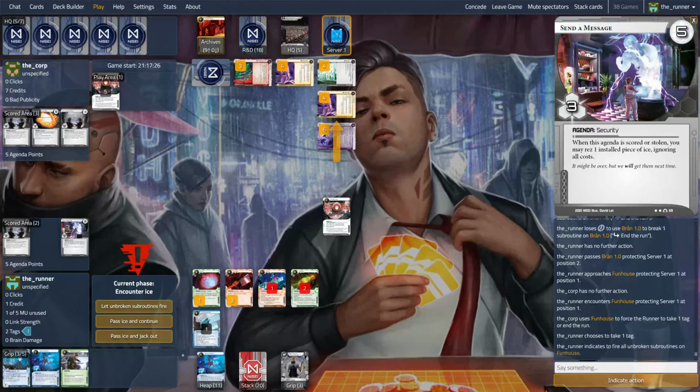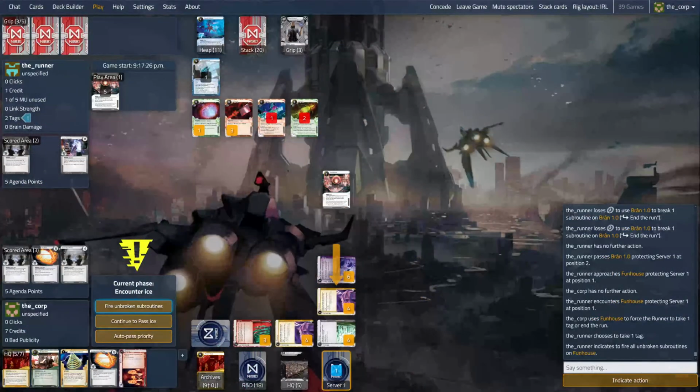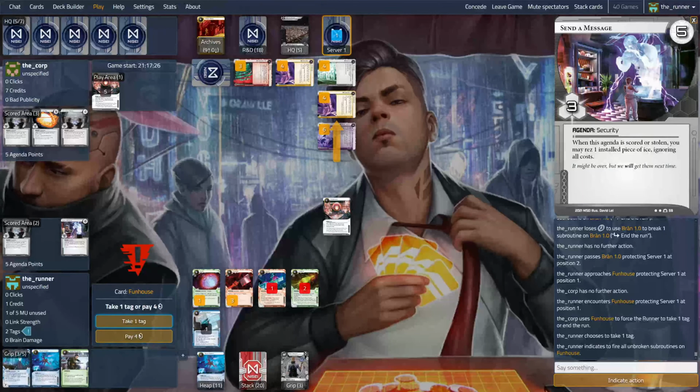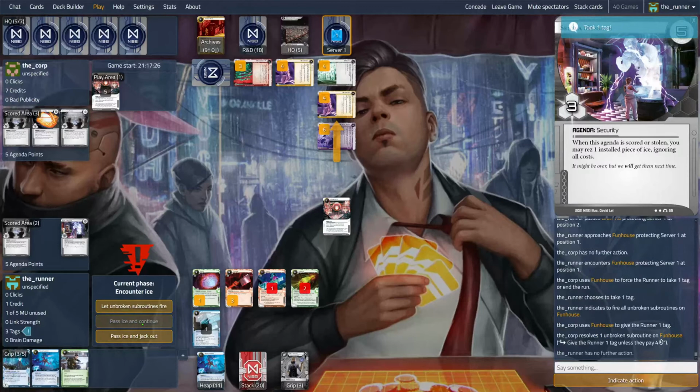I don't care. The corp, of course, on their side, as you have seen before, I'm just making sure that you see it again, will choose fire unbroken subroutines, of course. And now the runner on their side will have the choice to go for take a tag or pay 4. And I don't want to pay. I want to just take the tag. I'm fearless here. I pass the ice and continue, and the corp cannot do anything about it,